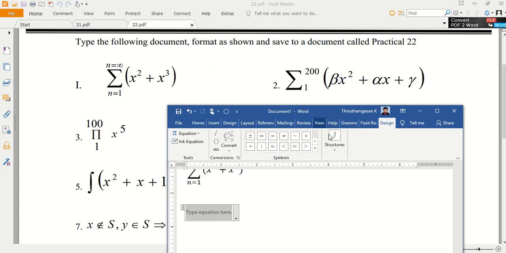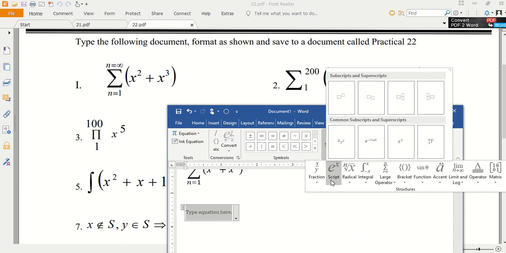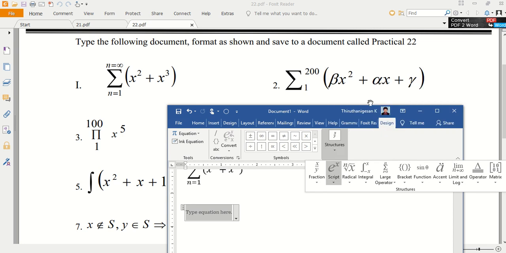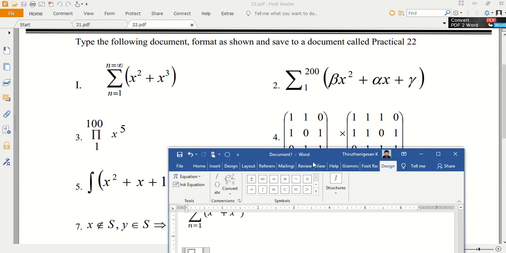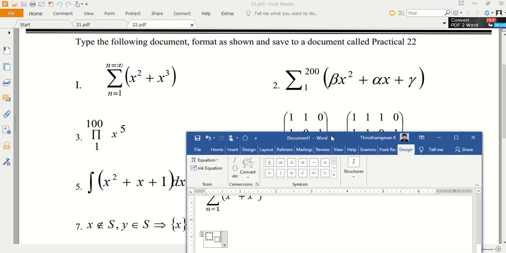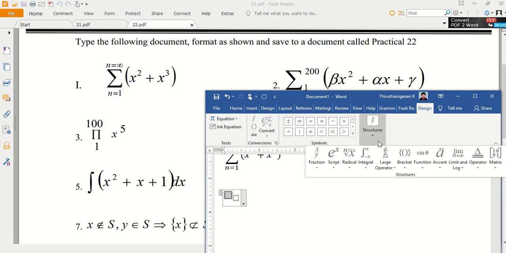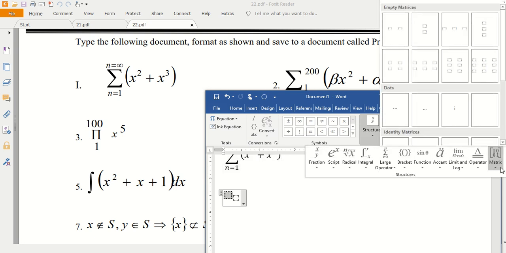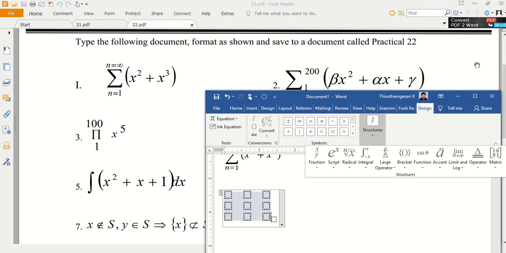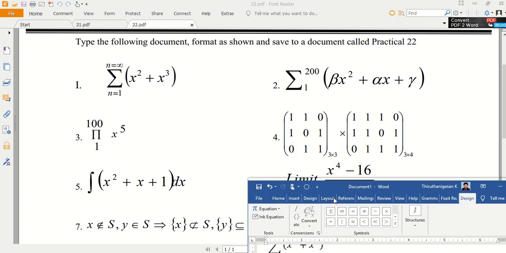Before that I want the script, so superscript. Then inside that, where is that 3 by 3 matrix? Here the 3 by 3 matrix is.